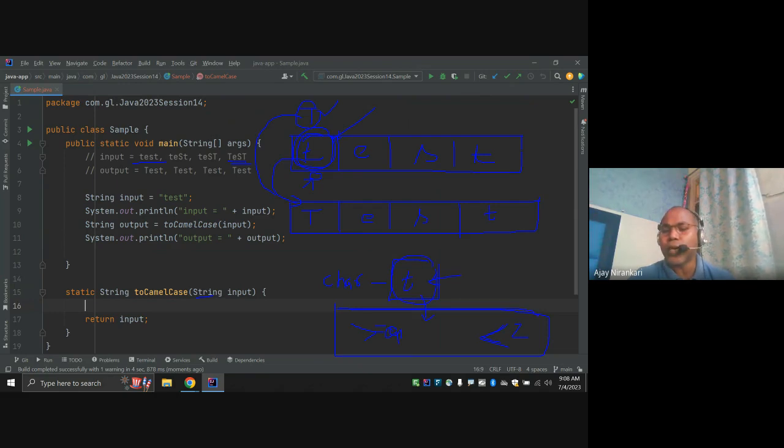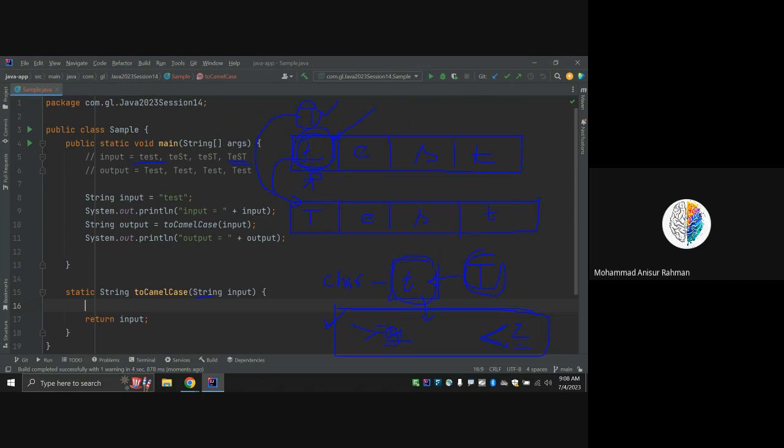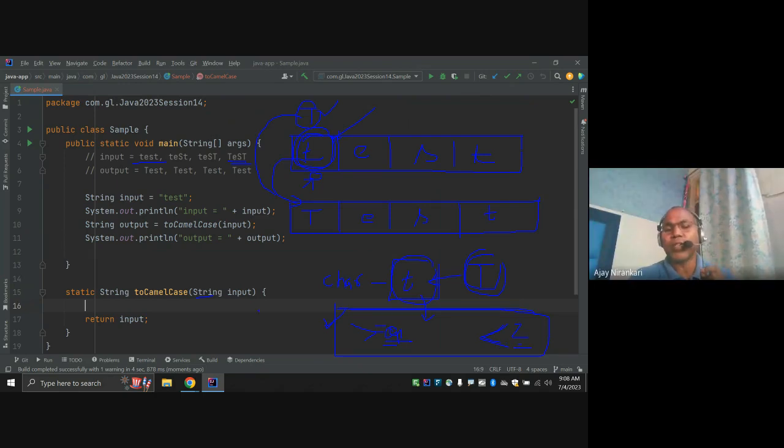Let's see if this character, the capital letter T, comes under the range greater than a and less than z in small letters. If any character does not come under this range from small a to small z, right? So if we write one condition, if a particular input comes under this range a to z,